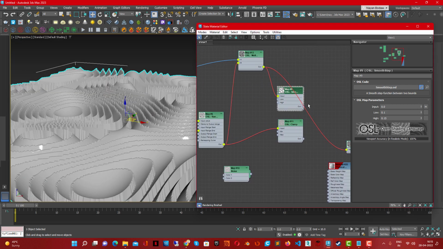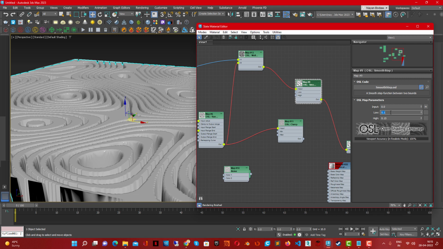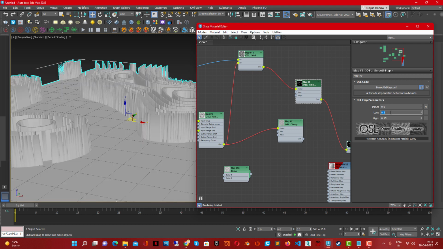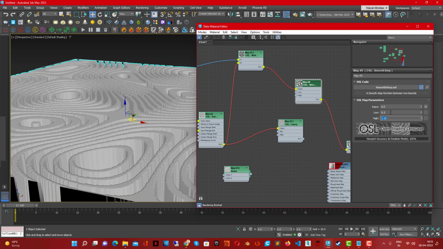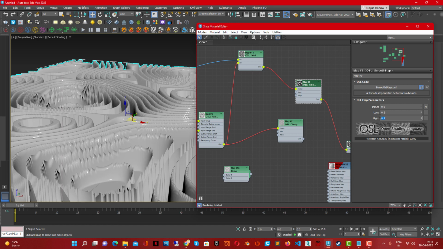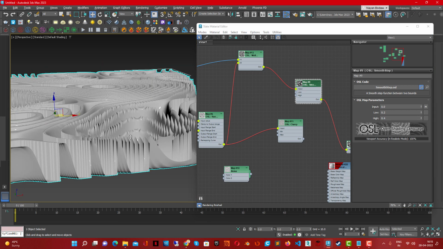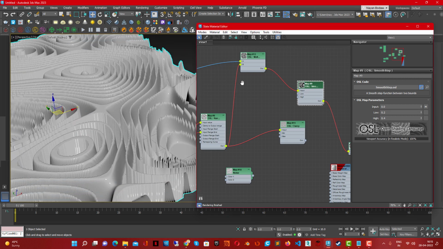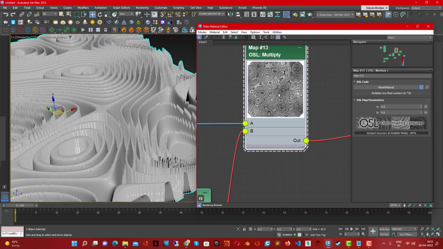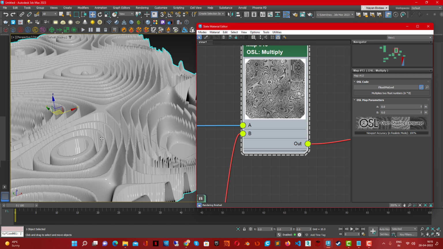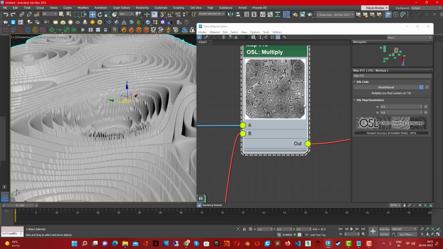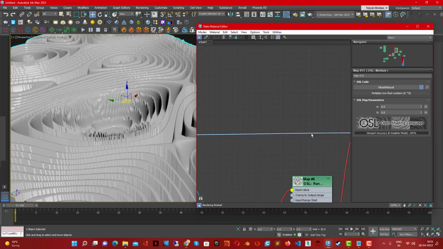Let's wait a minute. Let me put it a better way. Let's put this over here. Let's say 0.5, 2, and 0.4. See the intensity, see how it's gradually growing up. Wherever you see the dark area, it goes down. Wherever you see the bright area, it's up. You can do it this way, or you can even